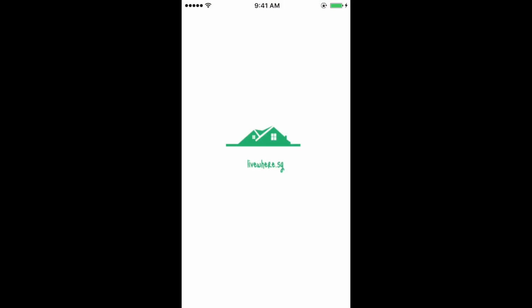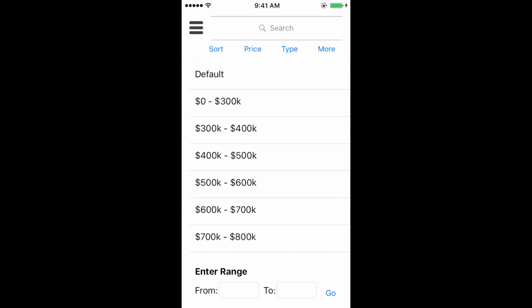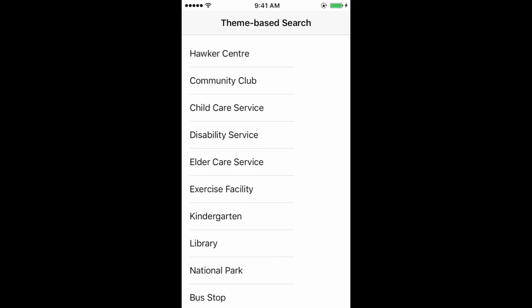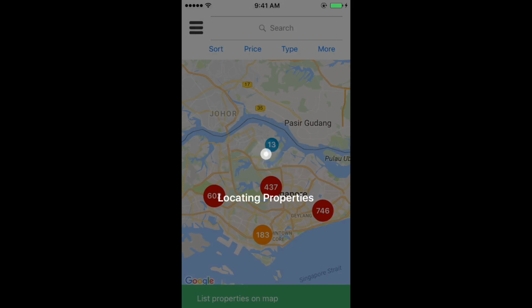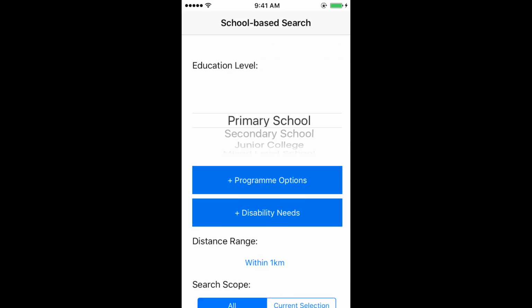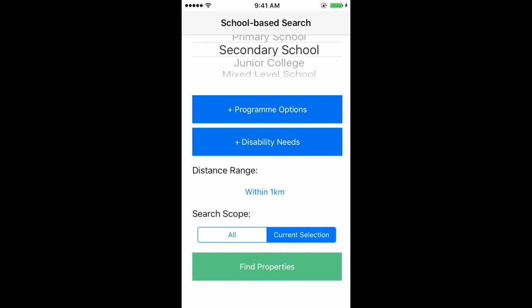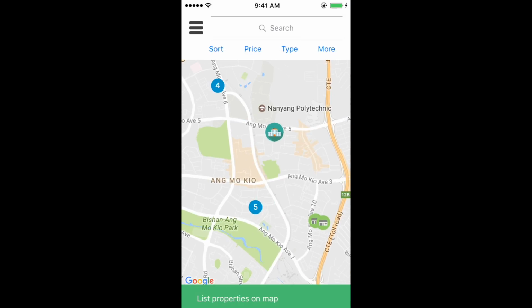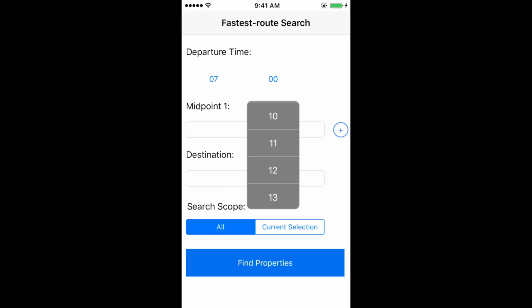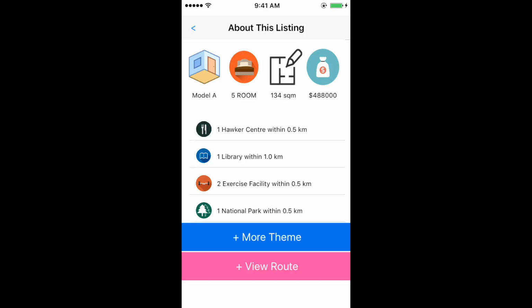In this project, we aim to build a powerful, map-based, user-friendly, superior property search mobile application to address the limitations of existing property search applications. Specifically, our application aims to support powerful but user-friendly search facilities on the go by leveraging a variety of publicly available data and a superior results visualization framework overlaid on Google Maps.